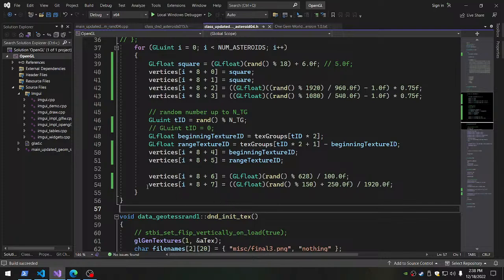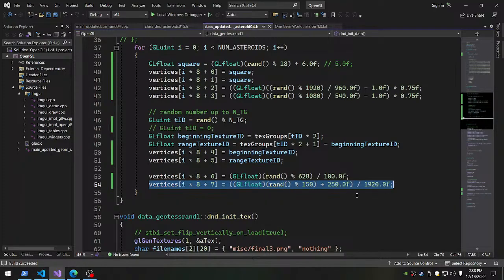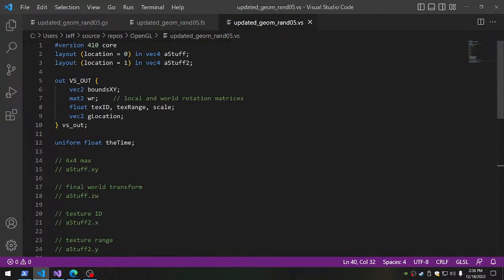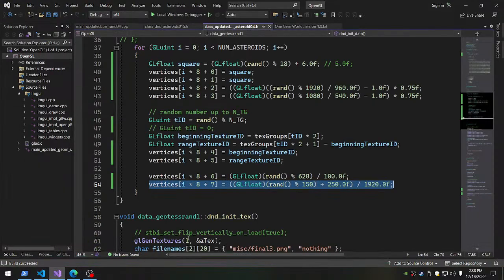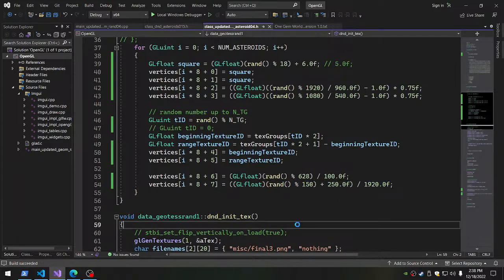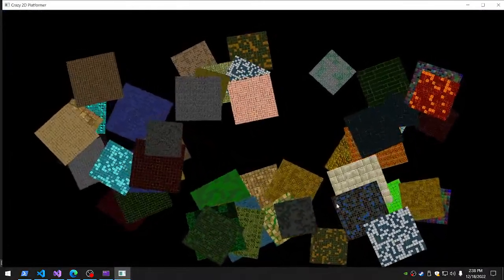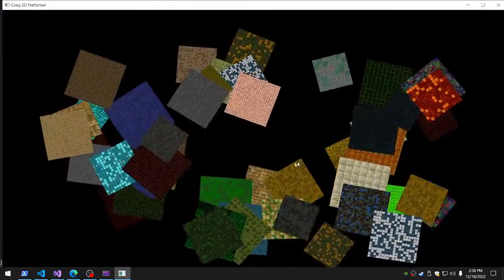I did have to add another, did I show you in the vertex shader? I had to add another, so instead of vector 3, now it's vector 4, because we have a size. And then I set that to 250 plus 150, so each particular point is pixels 250 to 400 total. And then it's across that particular